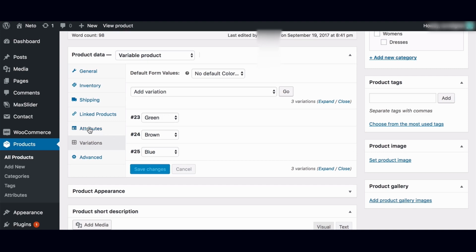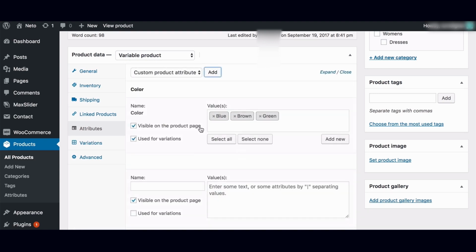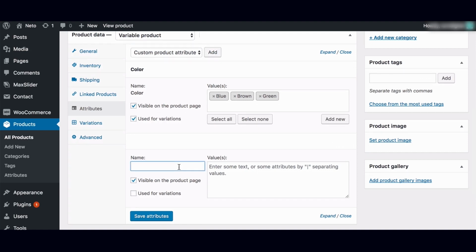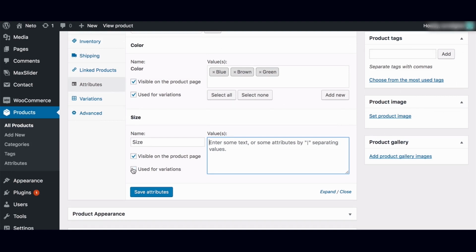Head back to the attributes tab in the product data section. If I leave custom product variation selected in the drop-down and select add, I can create a unique attribute for just that product. This could be something like color or size, if these are things I don't want to set as global attributes. To do this, I would just give it a name. Let's go with size. In the values box, I would enter the sizes available, separated by the pipe character. And if I wanted to use this as a variation, I would select the used as variation box and then save